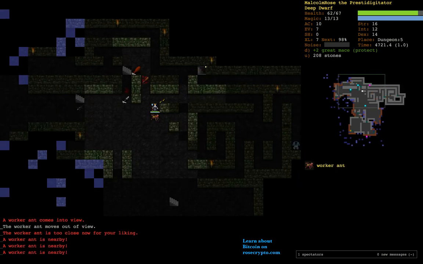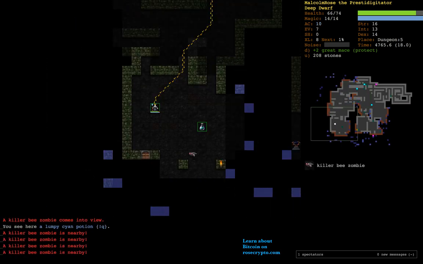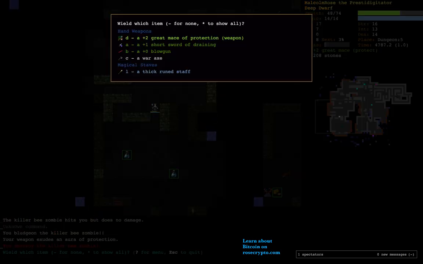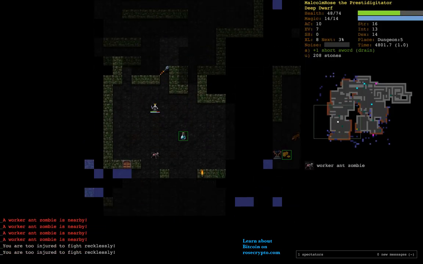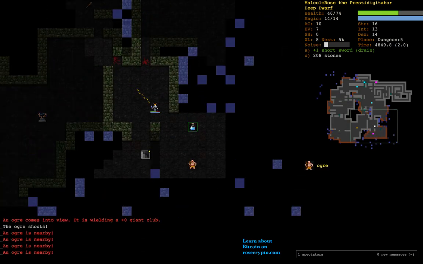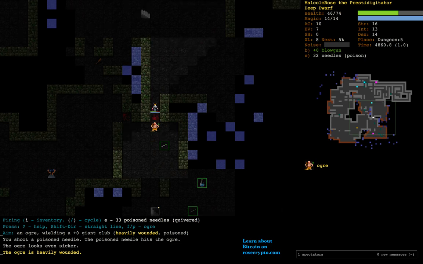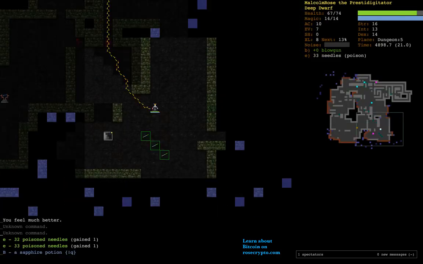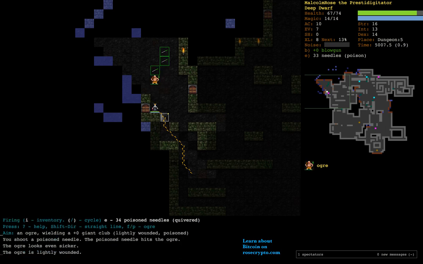Let's see how fast we attack. 1.6, that's not terrible. And the protection actually helps. No, we're not using this. I mean, that bee almost wrecked us. I'd rather attack faster. This ogre should die. There we go. A lot of ogres so far. Can't complain. We've got the blowgun, so